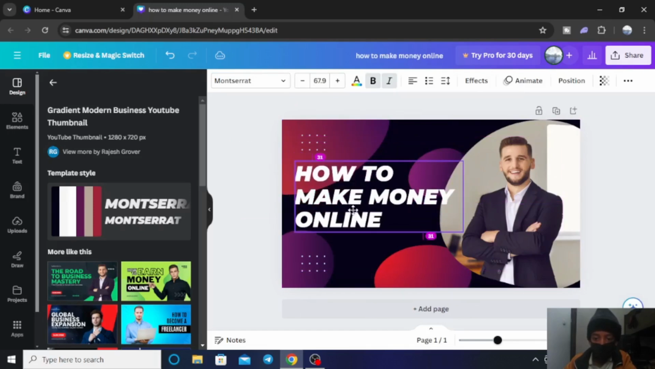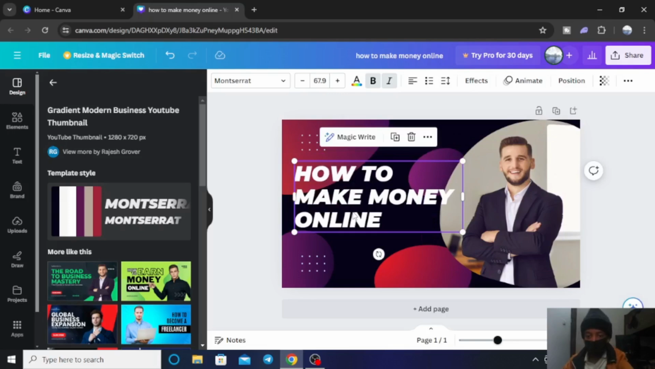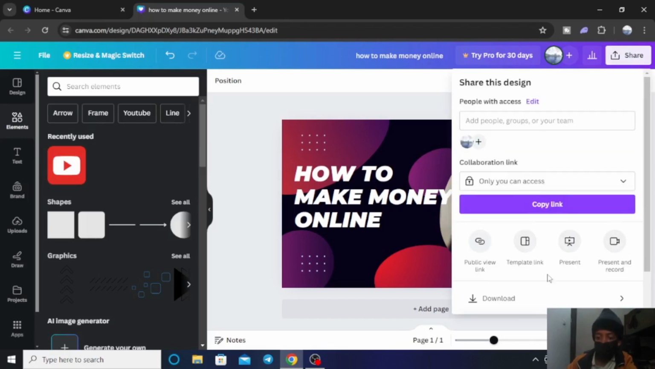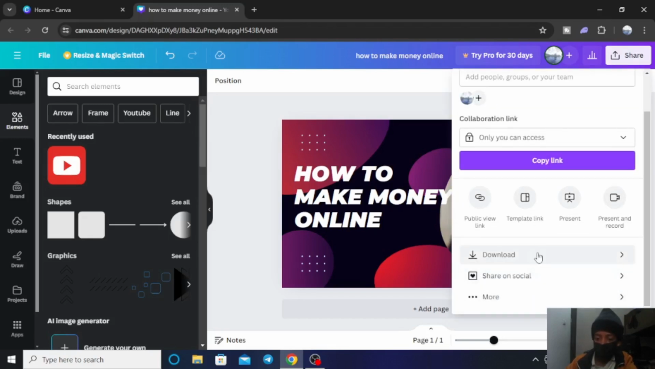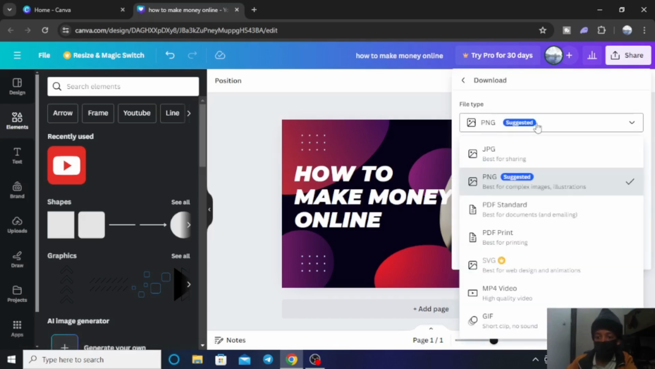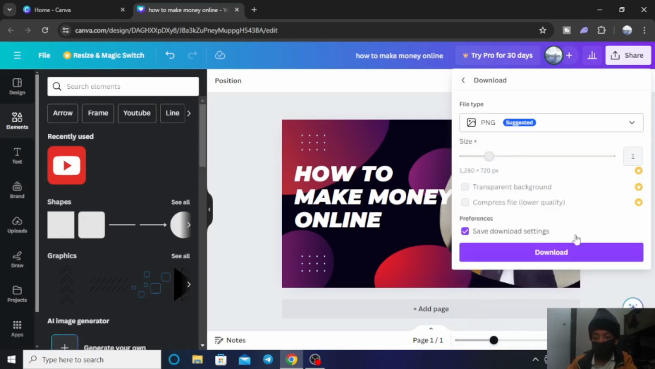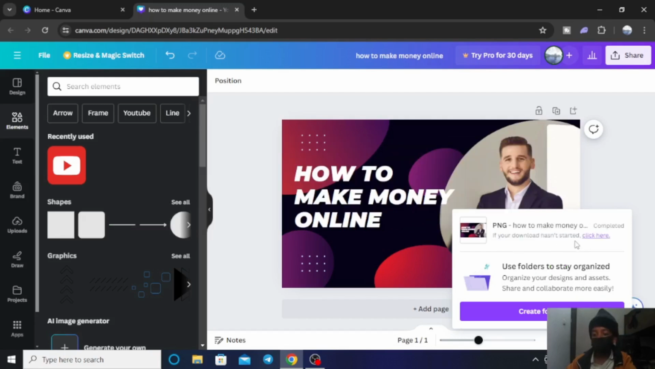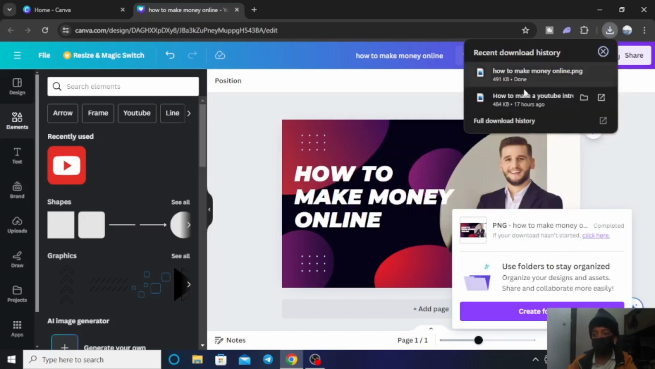So the best place is the left side, which is great for the template. And then if you're finished, click on share, scroll down, and then click on download. And then I suggest you choose PNG, as it already says in the text, and then click on the download button. It will load, and then it will download your image. As you can see,